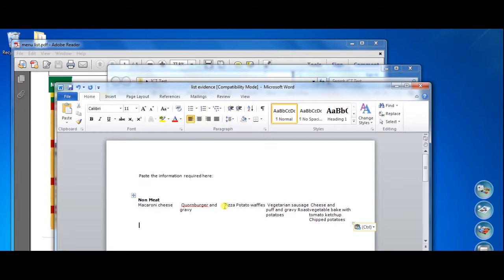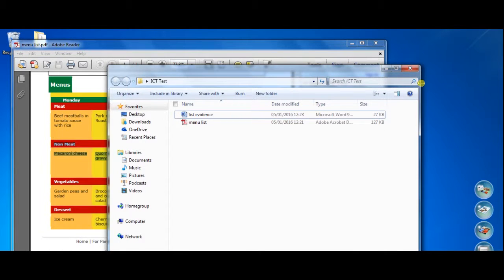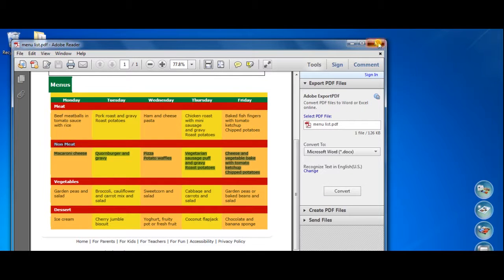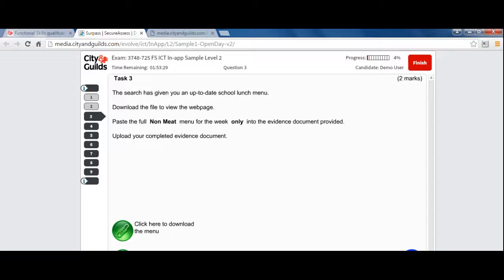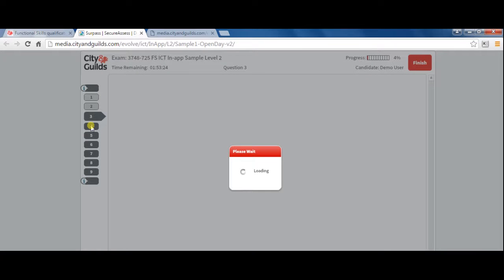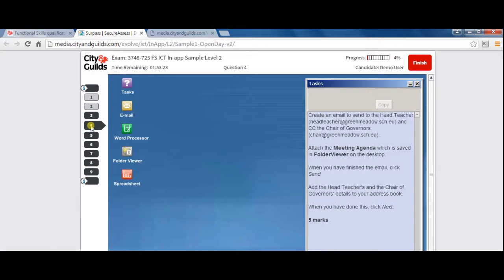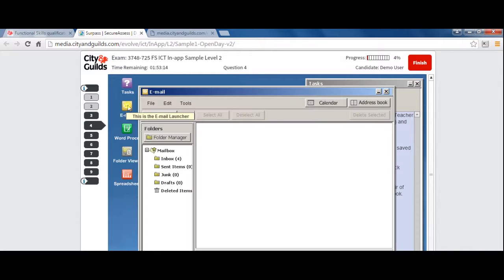So I just did a copy and paste from a PDF file into Microsoft Word, and then I'm going to go to File here and choose Save, and then I'm closing my file and folder and the PDF file, and that would answer question 3. Question 4 is testing how you know how to use your email. So I'm going to open up the email program. I'm going to go to new email,